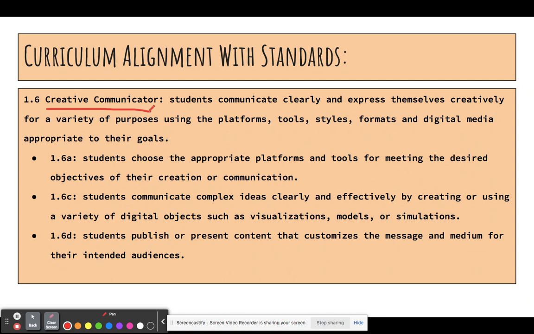So students choose the appropriate platforms and tools for meeting the desired objectives of their creation or communication. Students communicate complex ideas clearly and effectively by creating or using a variety of digital objects such as visualizations, models, or simulations. And then the last one is students publish or present content that customizes the messages and medium for